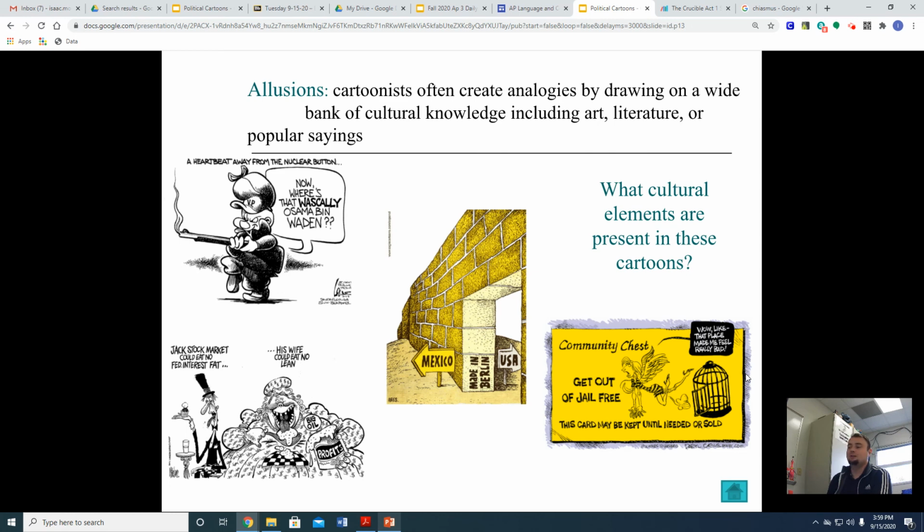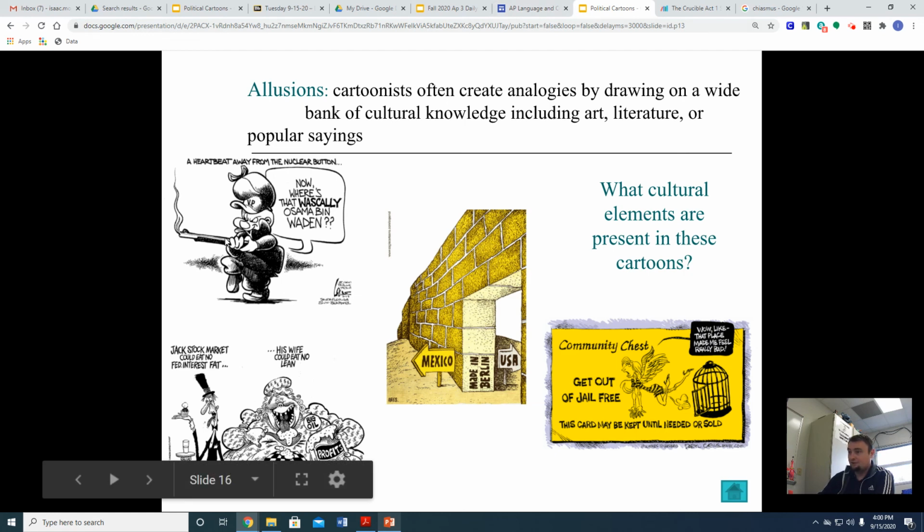Allusion. So some of these references you might not get just because they're a little bit older. But allusion is when a cartoonist creates an analogy by drawing on a wide bank of cultural knowledge. So you're alluding to something that's supposed to be pretty well known that most people can look at and say, okay, that's this. So here we have